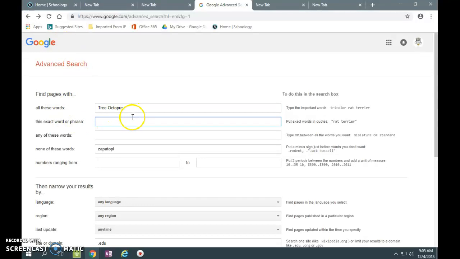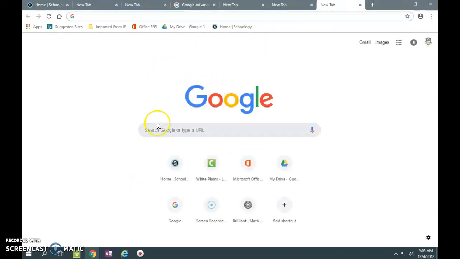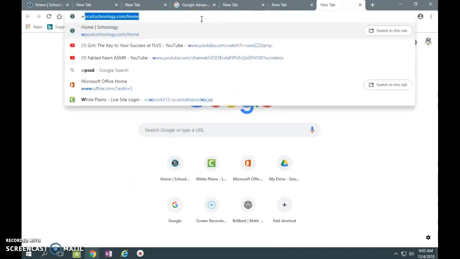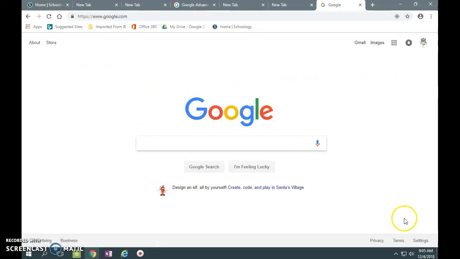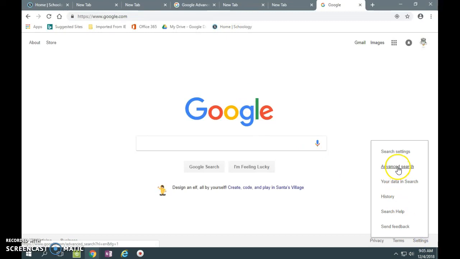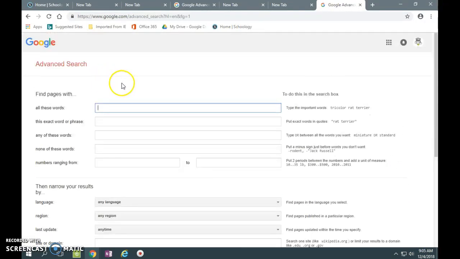In terms of how we get to Google Advanced Search, you're going to have to open a new tab, which is not Google. In clicking New Tab, it looks like Google, but we actually have to go to the website www.google.com to get here. And then on the bottom right of Google, when we go to Settings, it says Advanced Search. So that Advanced Search will allow you to get here,